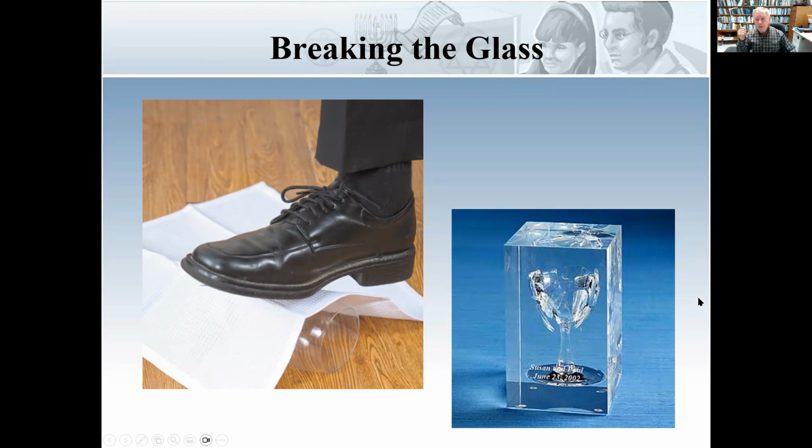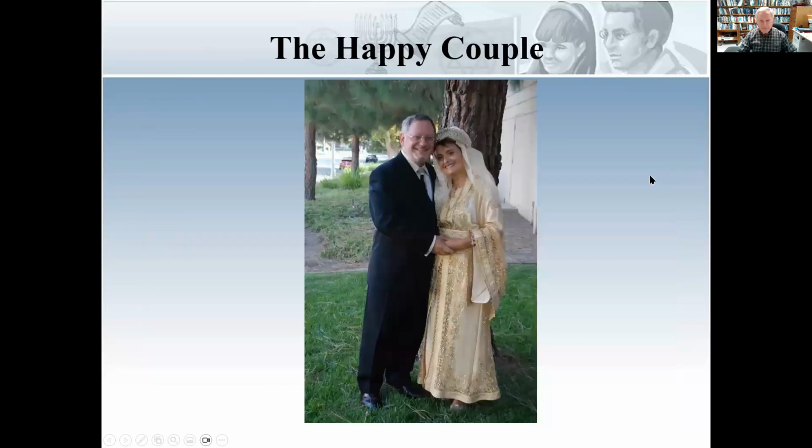And then there are companies you will find on the internet that can take the shards of what you've broken and reconstruct them somehow to make a memento. Sometimes they will have beautiful colored glass and they make a mezuzah out of it. So there's lots of ways you have already discovered of spending money on your wedding.